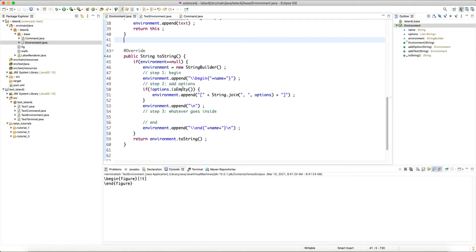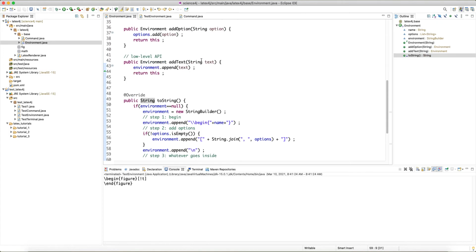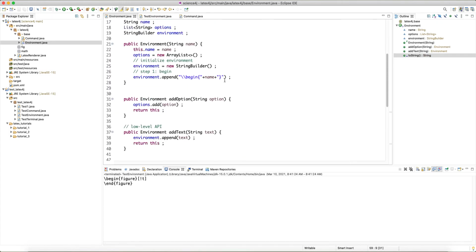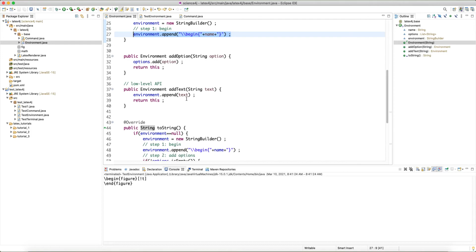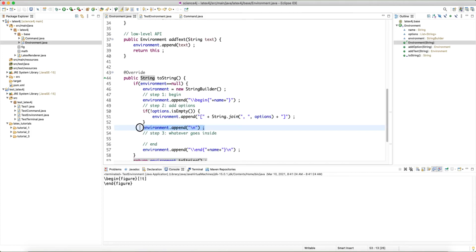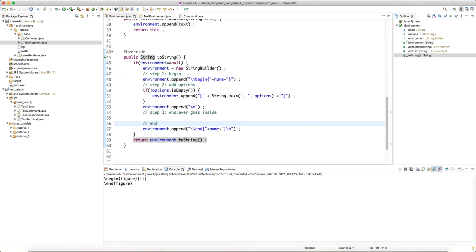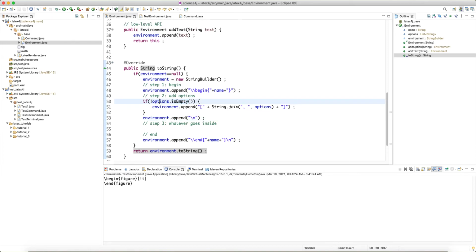And then the question is, how do we handle the toString? Because at some point we have to add this. So let's also append this. At some point we have to add the options, right? And then